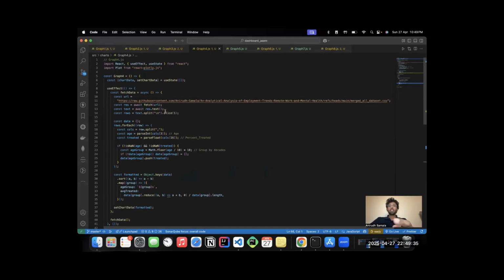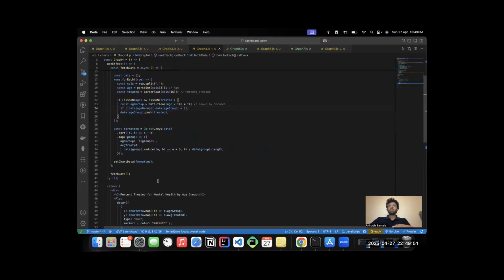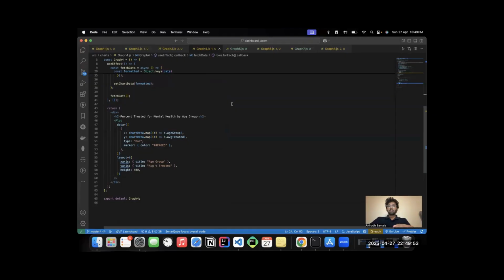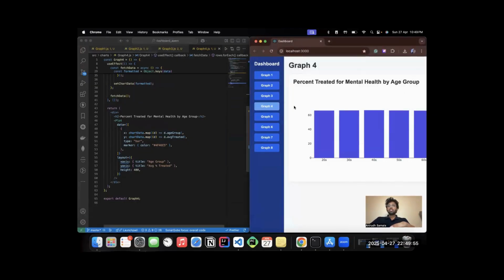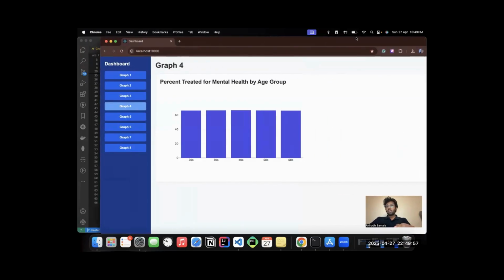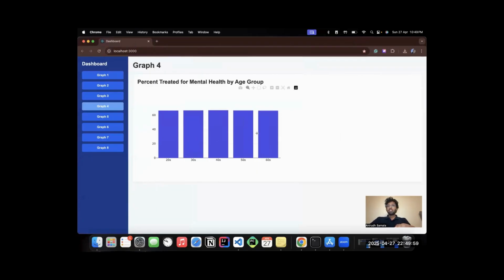We grouped the employees into age groups like 20s, 30s, 40s, etc. And then we calculated what percentage of people in each age group received mental health treatment. Based on this, we plotted a bar graph. This is the graph which shows the percent treated for mental health by age group.